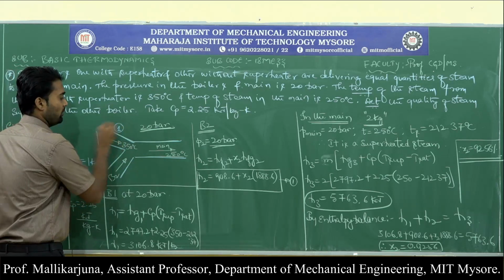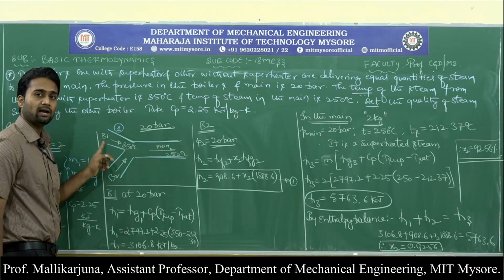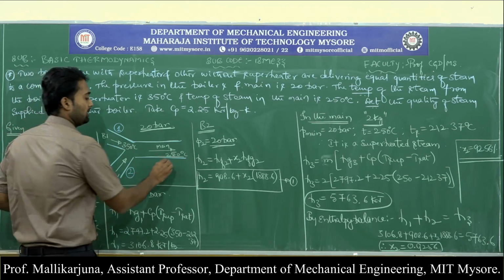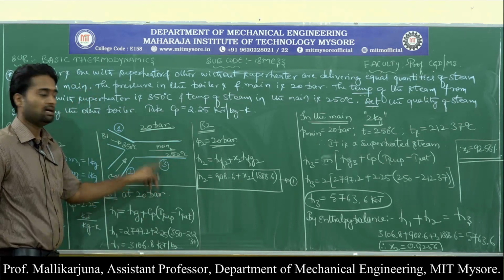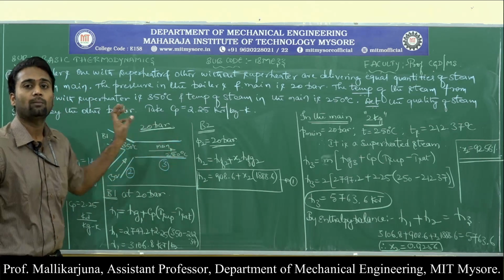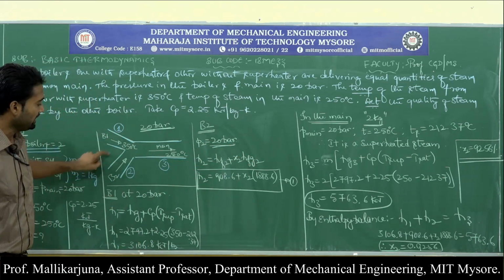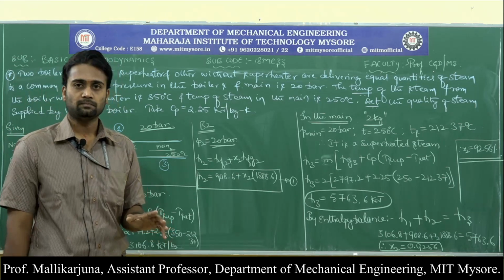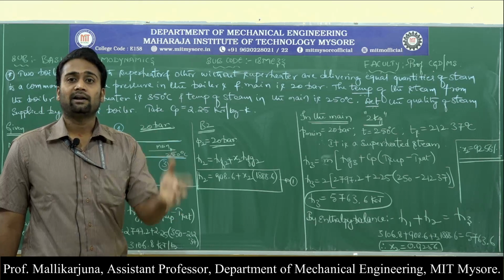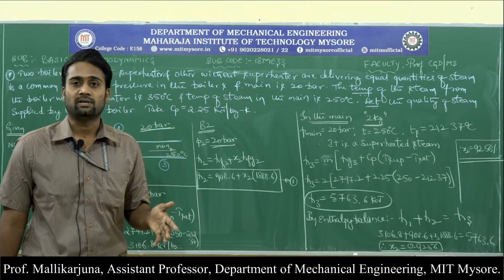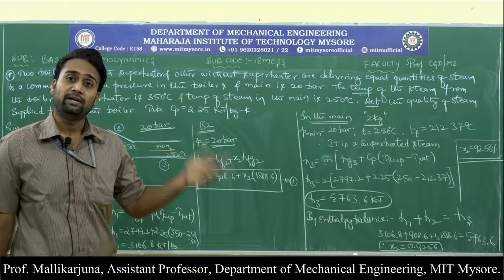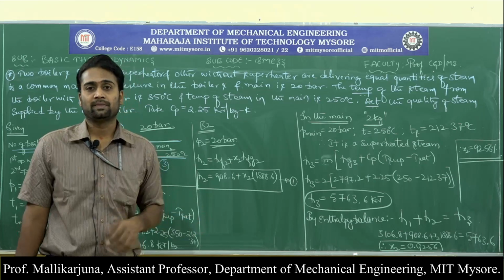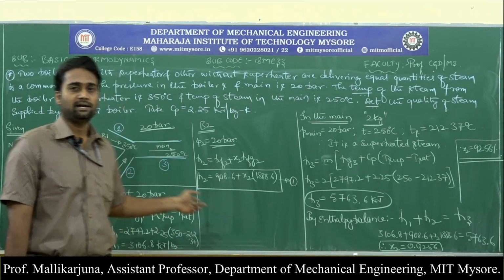Make sure this is condition 1. Wherever I use the suffix 1, I am talking with respect to boiler 1. Wherever I use suffix 2, I am talking with respect to boiler 2. Wherever I use suffix 3, I will be talking with respect to the mains, the common stream. Now, the quality of the steam supplied by boiler 2 is the question mark to us, as simple as that. If it is 100% dry, then it is a dry saturated steam. If the quality comes more than 100%, then it is a superheated steam. If the quality comes less than 100%, then it is a wet mixture, I mean wet steam. That has to be decided now.